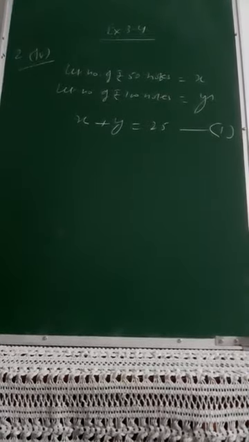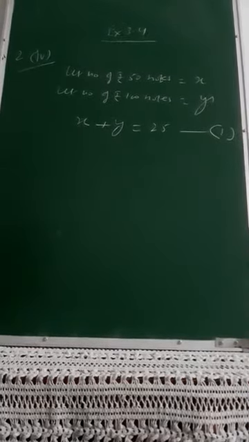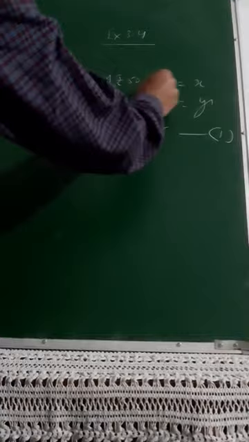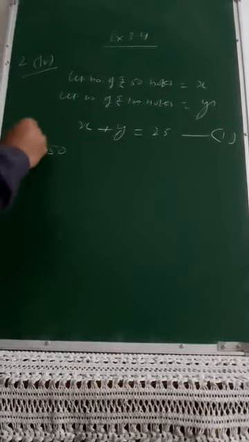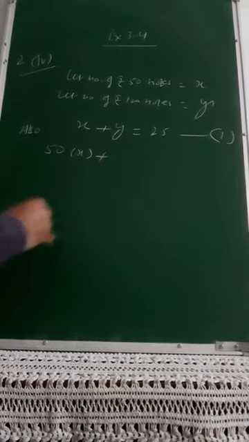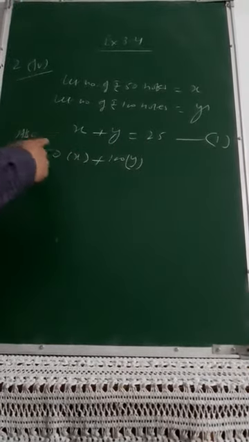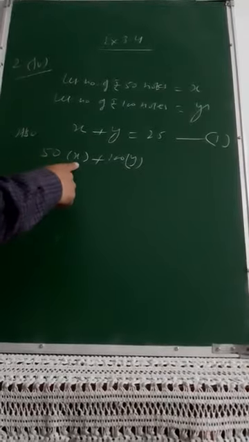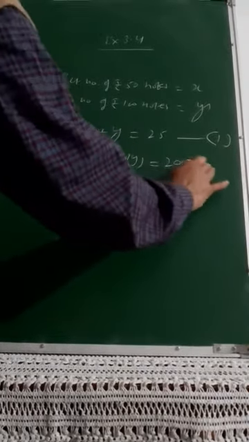Then Meena went to a bank to withdraw 2000 rupees. Now the total value of these notes is equal to 2000. I said rupees 50 notes are X, so the worth of rupees 50 notes will be 50 into X plus 100 into Y. X notes of rupees 50 will amount to 50X, and Y notes of rupees 100 will amount to 100Y, and in that sense the total amount is equal to what?